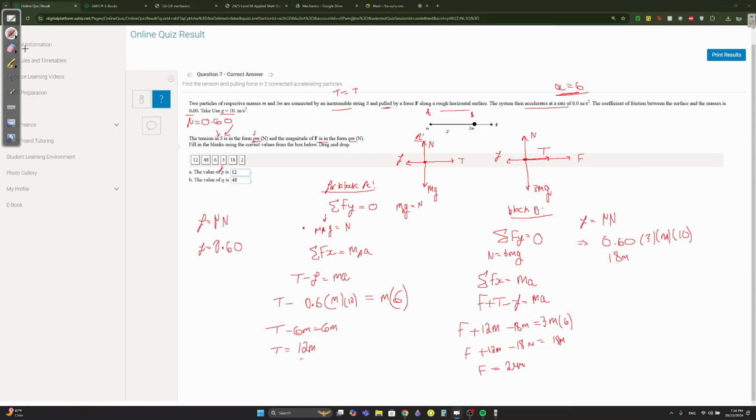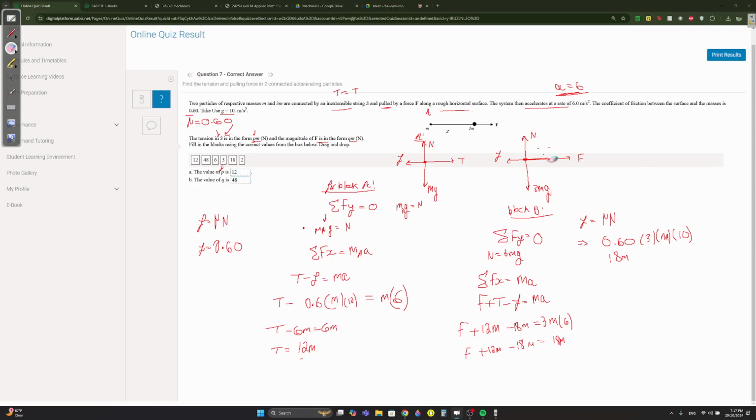Why is this wrong? Let me tell you why now. I should have put minus T because it's in the other direction. The rope is pulling it, resisting it to the left. You're pulling the string with a force F. The string will resist that force by pulling the object back to the left with the tension. So the tension shouldn't have been,